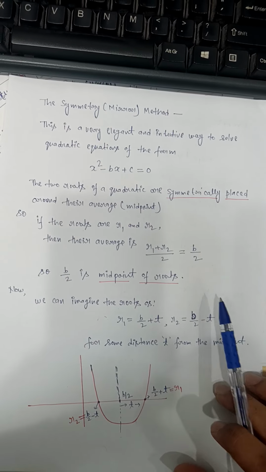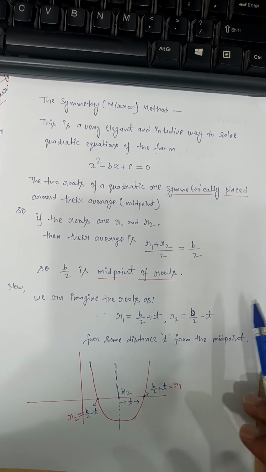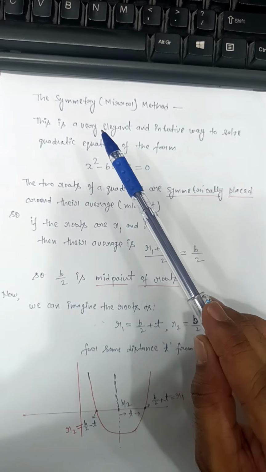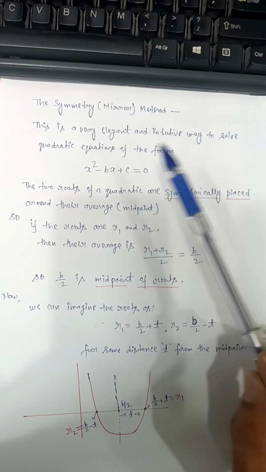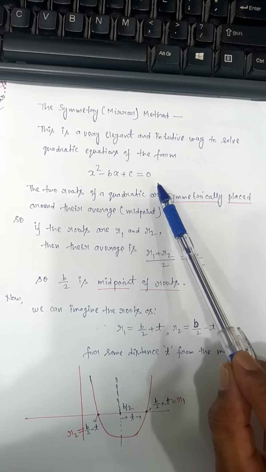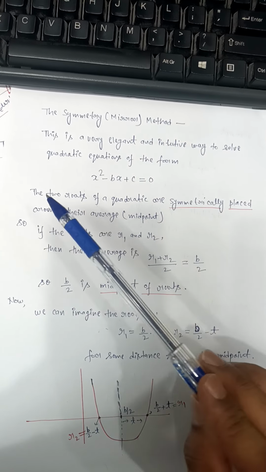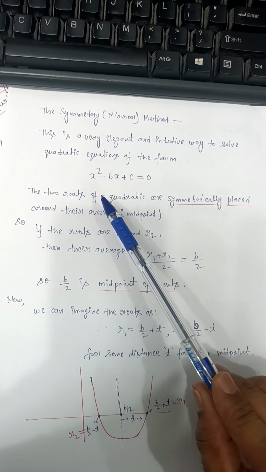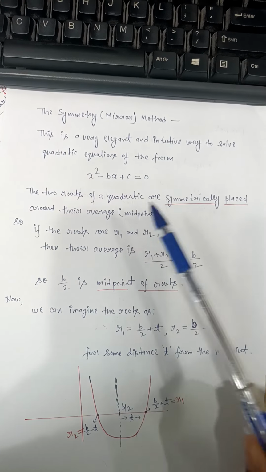So let's discuss today the symmetric method, or the mirror method, to solve a quadratic equation. This is a very elegant and very intuitive way to solve a quadratic equation of the form x square minus bx plus c is equal to 0. Okay, so there is one observation that says that the two roots of a quadratic are symmetrically placed around